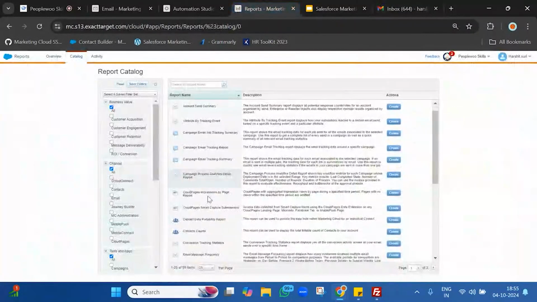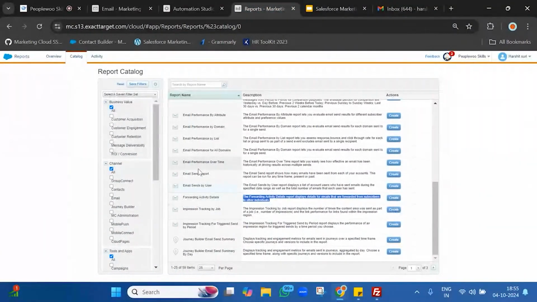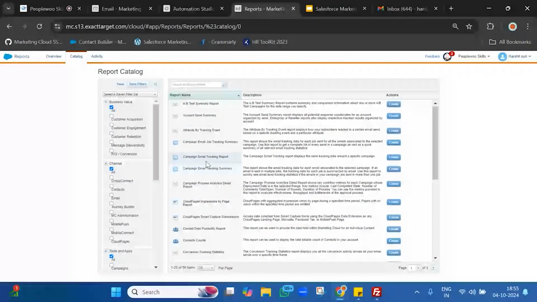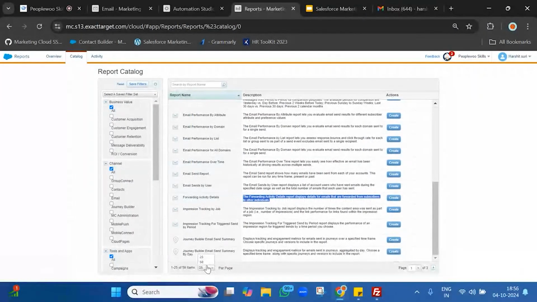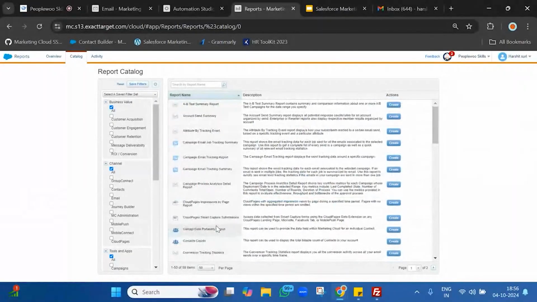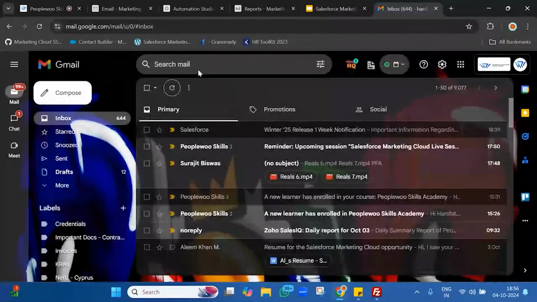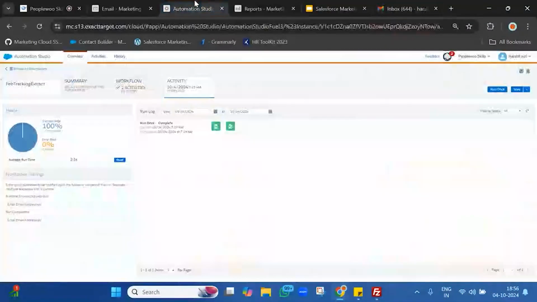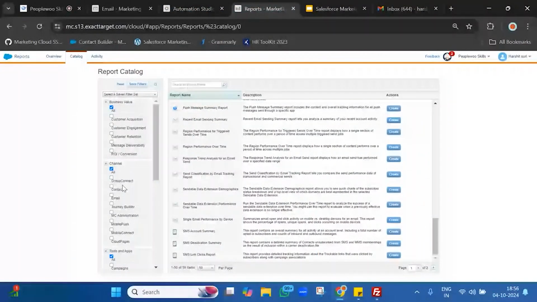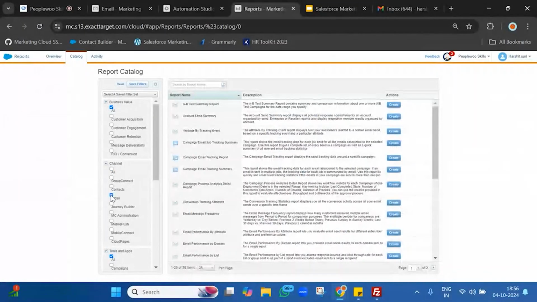If that report is suitable for you, just go and click on create option, define the email address. There are plenty other reports as well, around 59 reports are there, so you can go and check them from the catalog. You can have a filter here on email related report, or